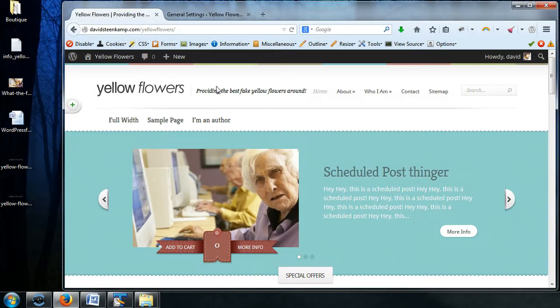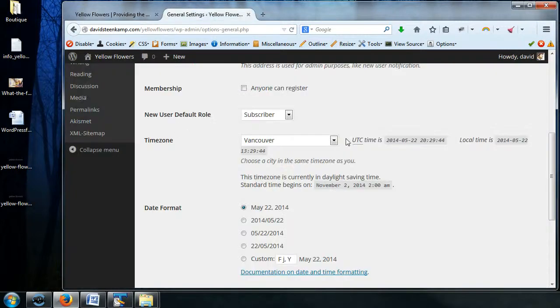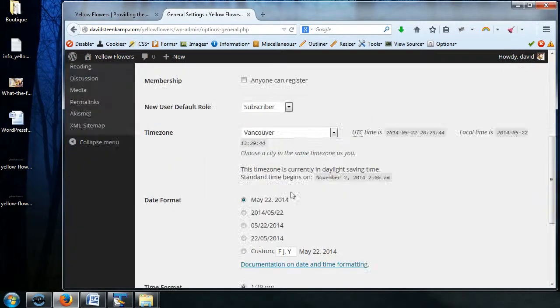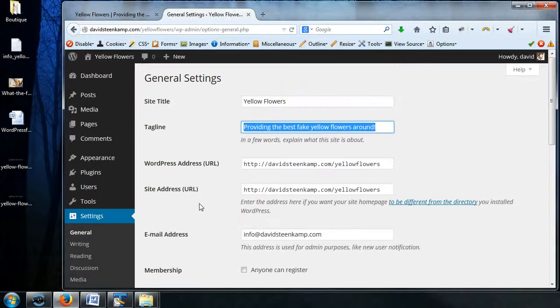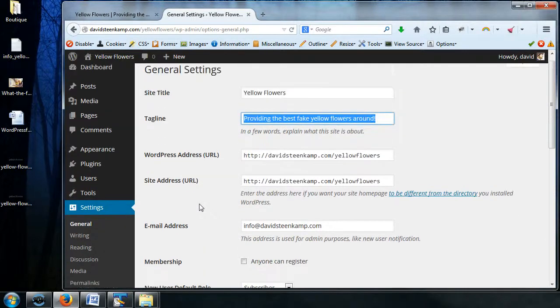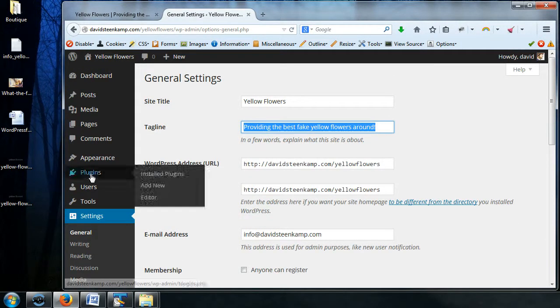However, there are other ways around it. There's a couple ways that we can do this. Like I said, I could just delete it from here, press Save Changes, and it's gone. That's one way. Another thing we could do is go into